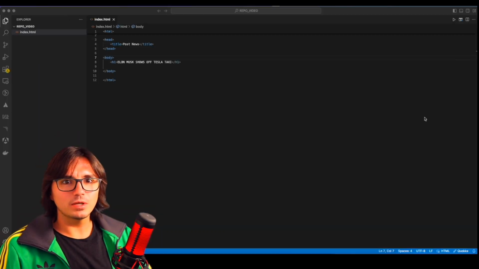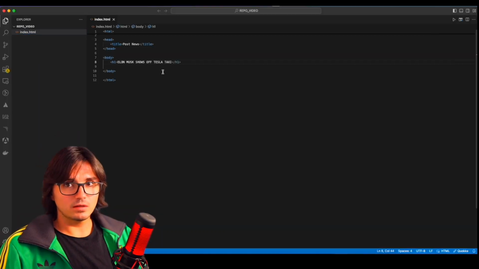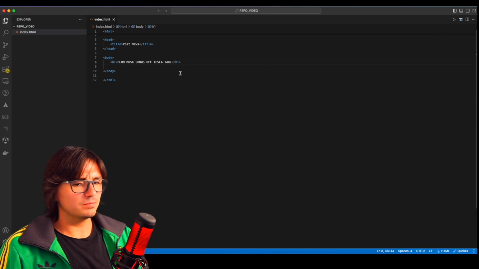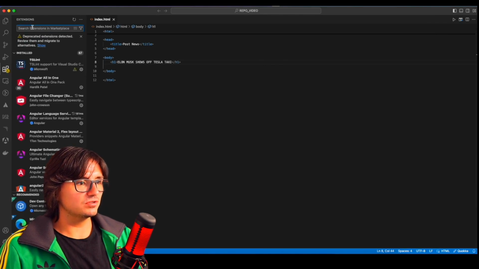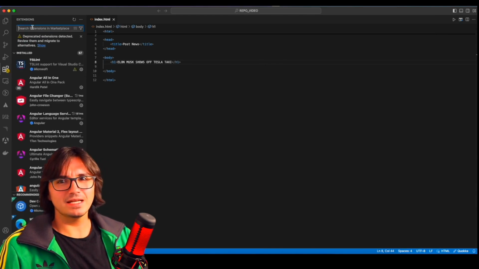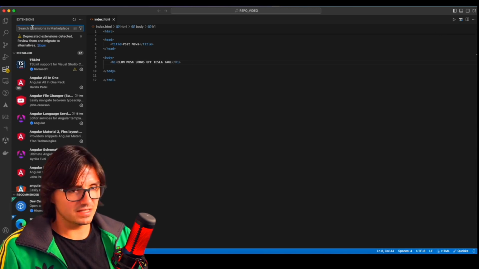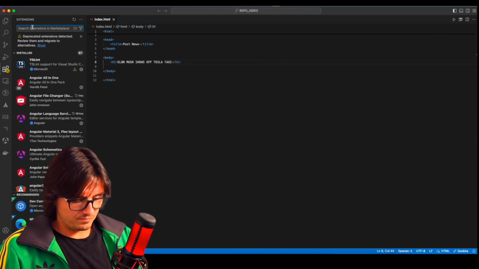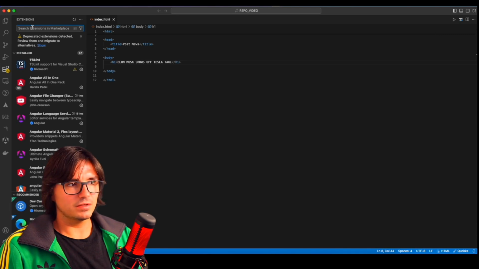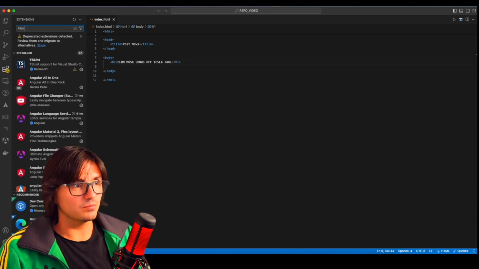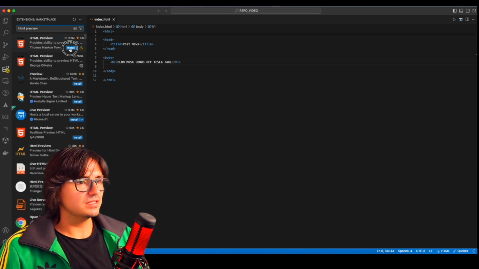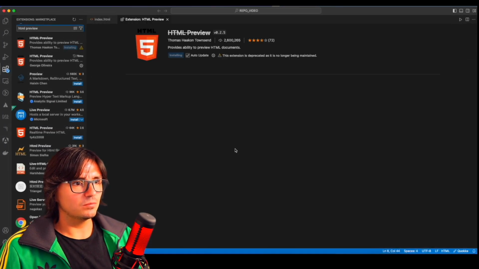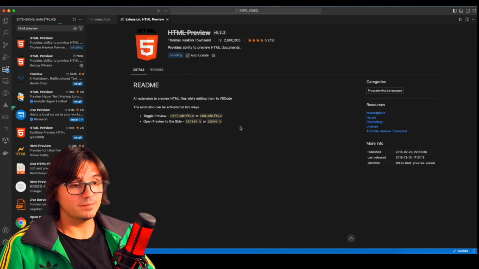But I want to make a preview, it will be much more convenient. Look, if you downloaded VS Code and you don't have this option, because by default I used to be able to go here. Now, it's an extension. Here are all sorts of little features. Helpers, let's say, it's like an extension in Google Chrome. You download it, yes, here you have an extension for VS Code. We need to download HTML preview, so you don't have to open the browser every time. So you're here right away. Immediately here, the display of what you are creating.